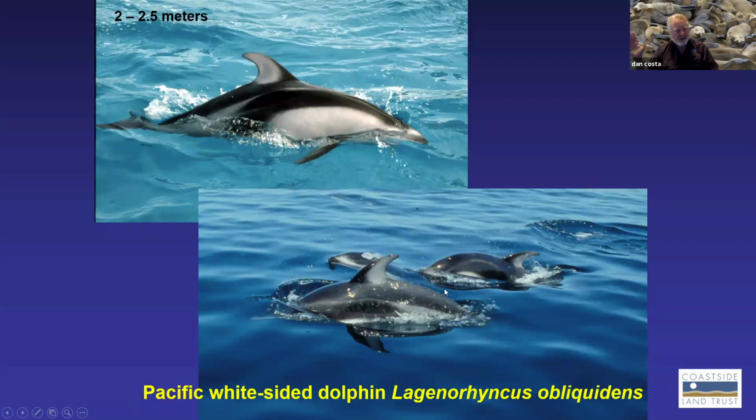These guys, I'll show you a figure a little bit later, sort of move up and down the coast. And so Monterey Bay is about the area where we tend to see them. When we have colder water, these guys come in. When we have warmer water,